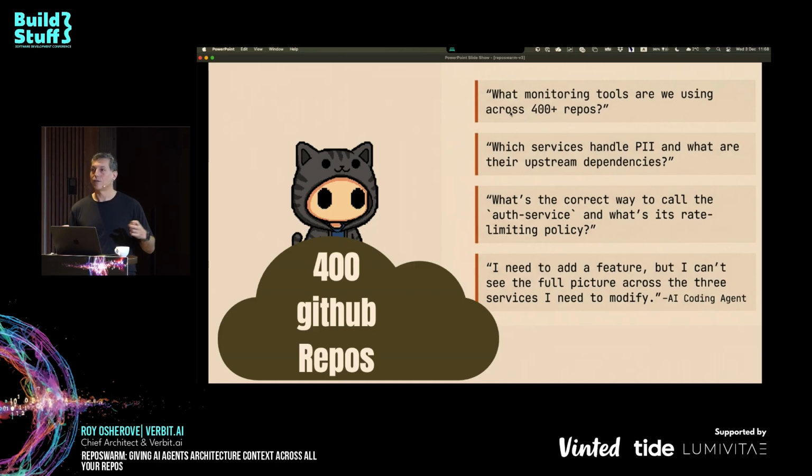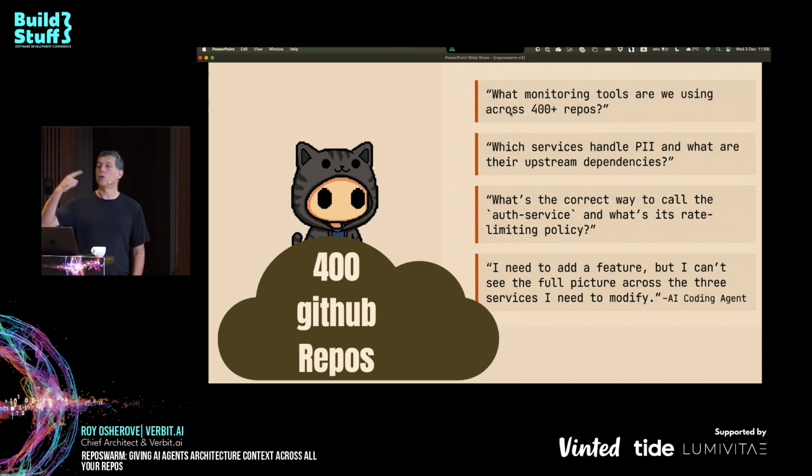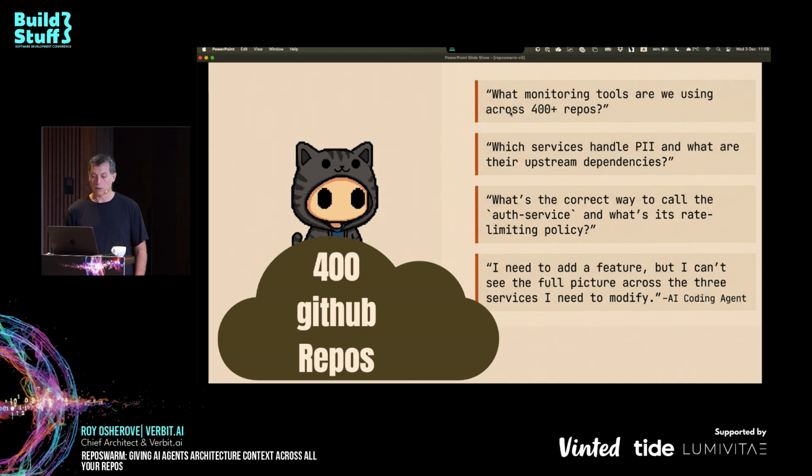So I need context of how that stuff is actually being used. And a lot of times, that is missing, and we have to either add custom rules in our AI IDE, or we have to continuously do a lot of work just to teach it how to do it properly. So it sucks.